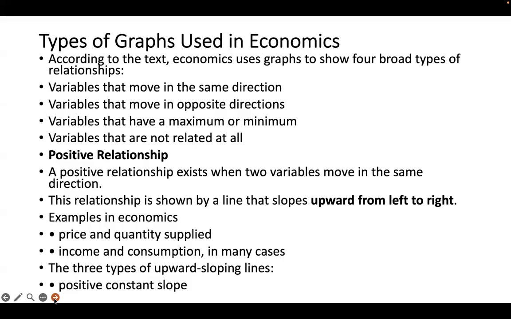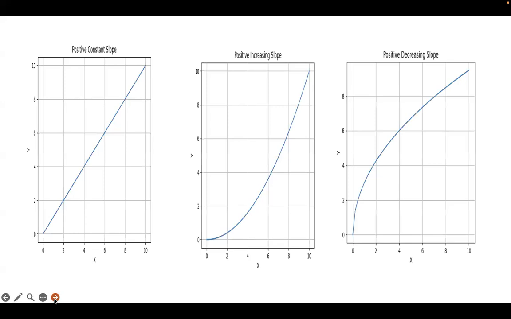An example of such relationship in economics, you can see from price and quantity supplied, income and consumption in many cases. The 3 types of upward sloping lines for positive relationship, we have the positive constant slopes, the positive increasing slope. This is a positive constant slope. I'm saying that with a positive relationship,